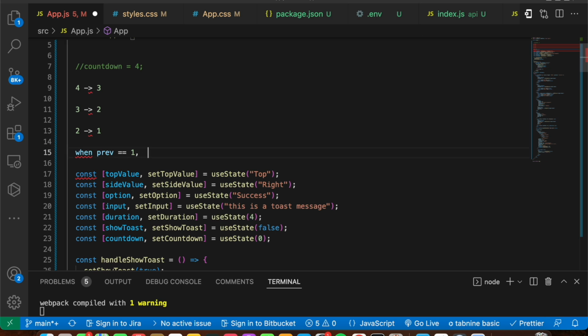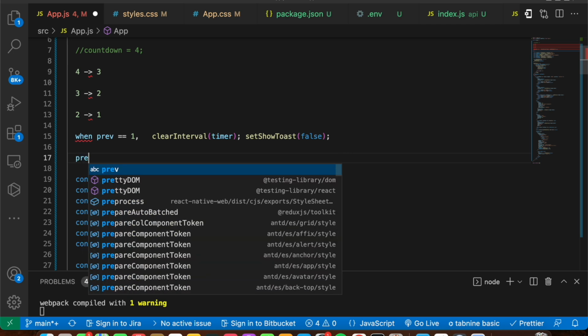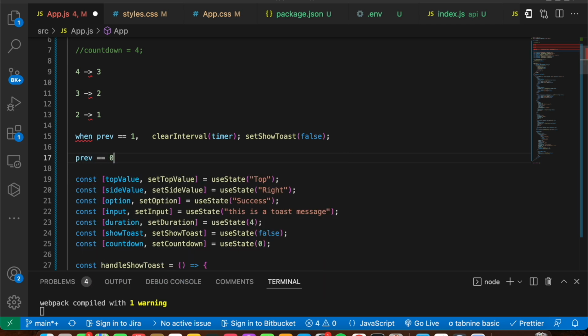When previous equals 1, this is the implementation: clear interval of timer and then set show toast to false. So basically it never reaches 0, because once previous is 1, we stop the countdown before set countdown of 0 happens. If we had checked for previous equals 0, the countdown would have hit the 0 value, and then another round of the interval would have been present. That would add an extra second. So instead of showing for 4 seconds, we would have shown for 5 seconds. So that's the reason we check for previous equals 1 and not previous equals 0,